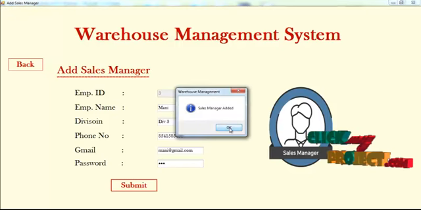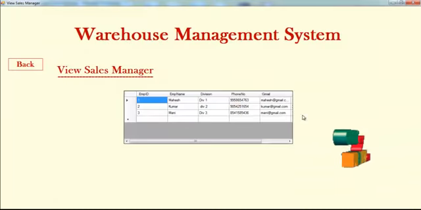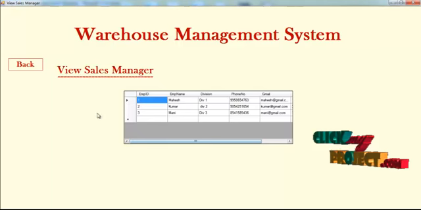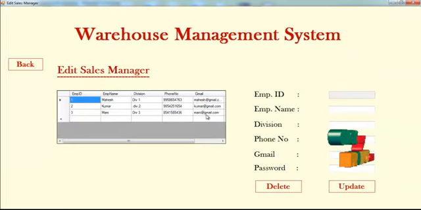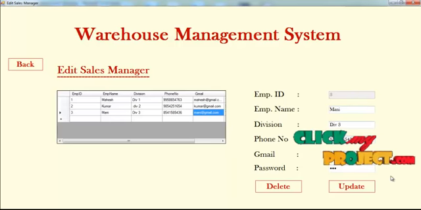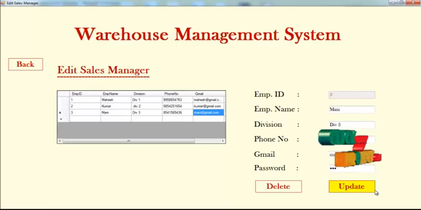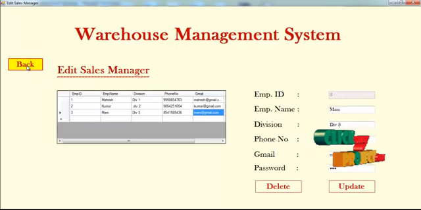The sales manager detail is added. View the sales manager details. Next, edit the sales manager details. Click the data, modify the data, then click the update button, the details are updated. Click the delete button, the data is deleted.